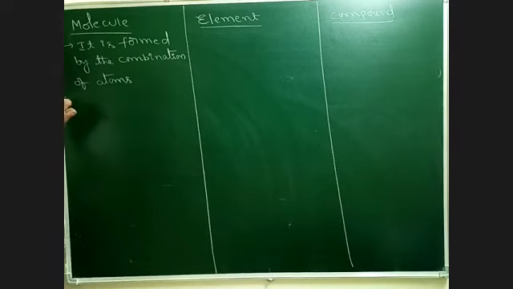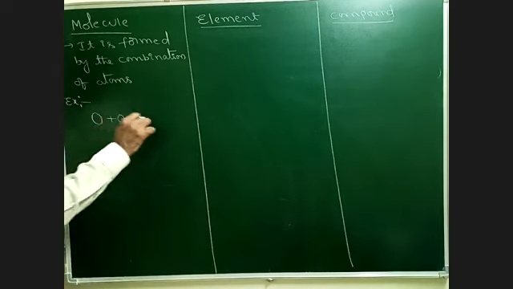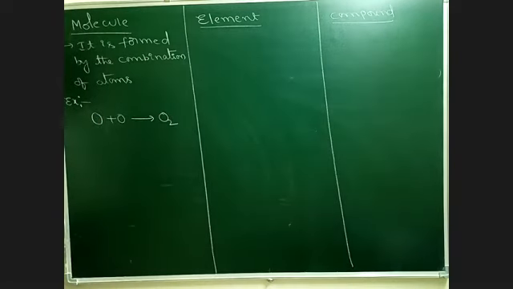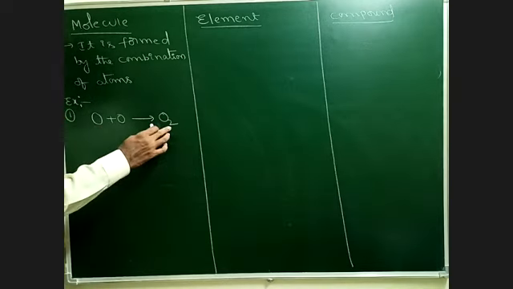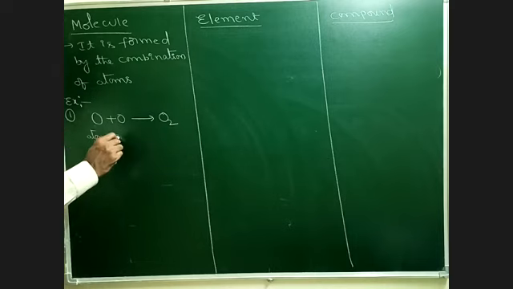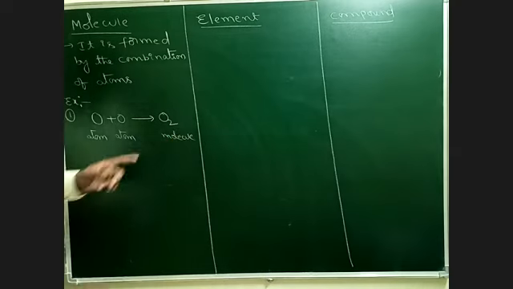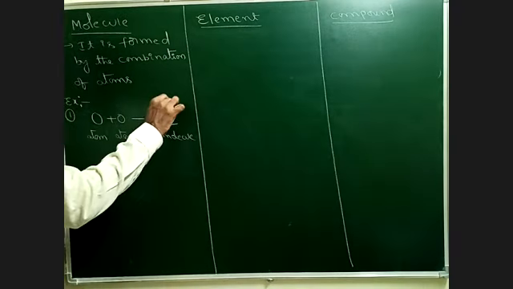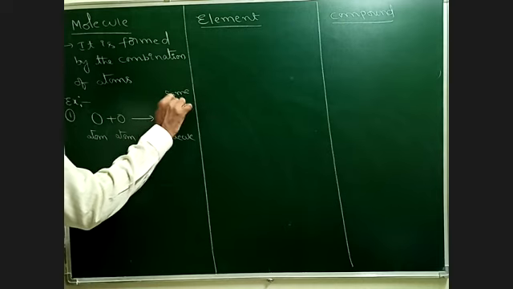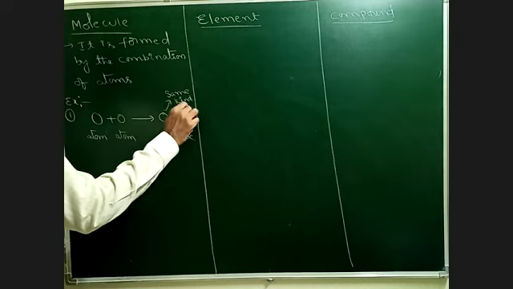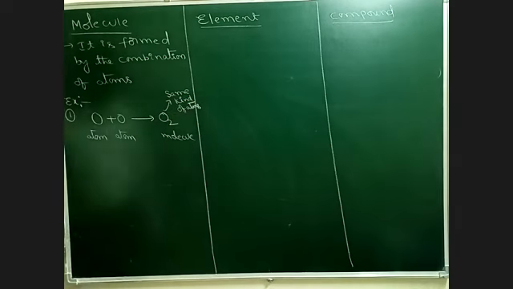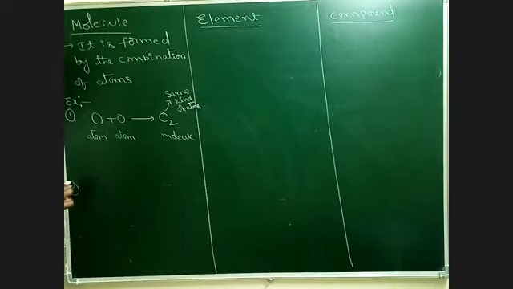Now let us take an example. Oxygen, symbol is O. What is this? O2. Okay, this is the first example. Oxygen plus oxygen implies O2 molecule. Here is an atom, this is a molecule, right? In the oxygen molecule, the same kind of atoms. Second example,